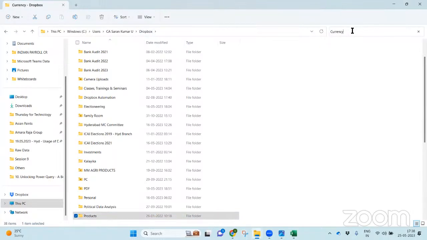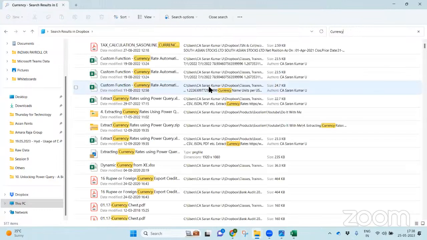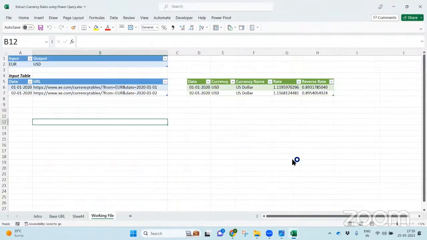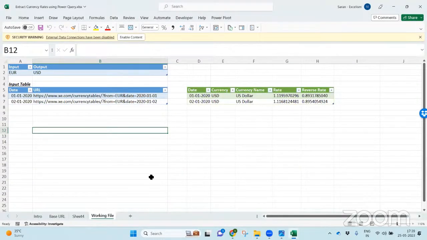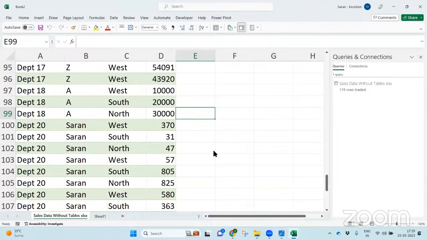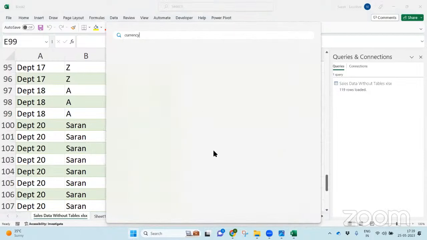Currency rate automation. One file I'm opening for you, just to show you another important thing using Power Query. Let me go to this currency rate automation.